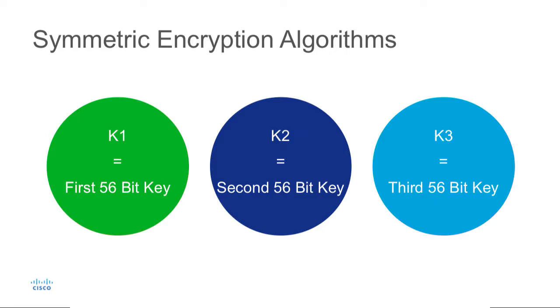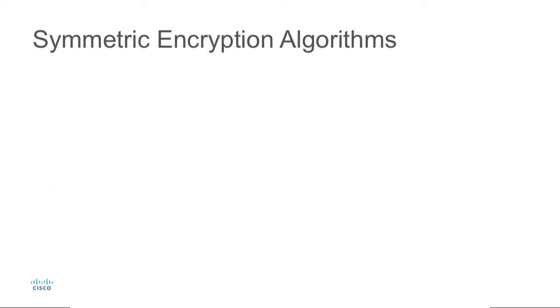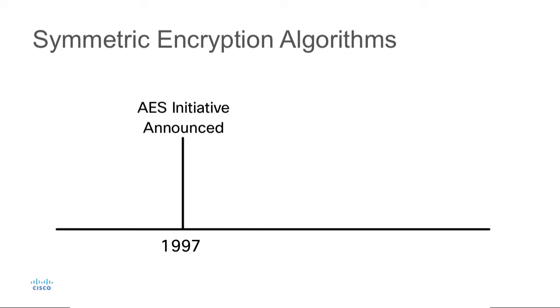So effectively the key length is 168 bits, and if K1 and K3 are equal, as several implementations use, then we're really doing only about 112 bits of key encryption there. To decrypt the data, obviously, we just want to reverse that process. So for a long time, we knew that DES was going to be outdated and that triple DES would go along with it. And so back in 1997, there was an initiative that was announced to develop the Advanced Encryption